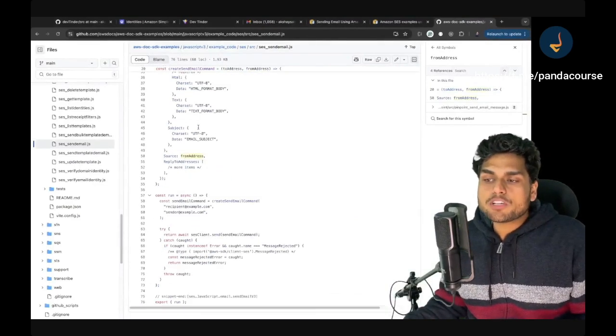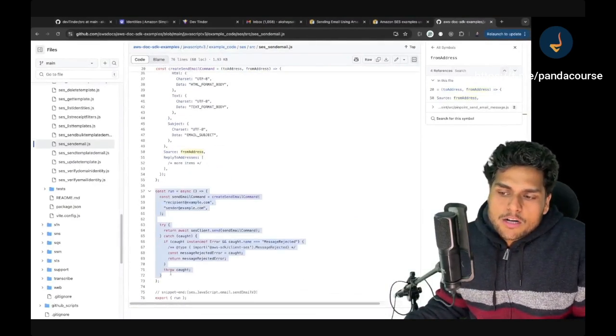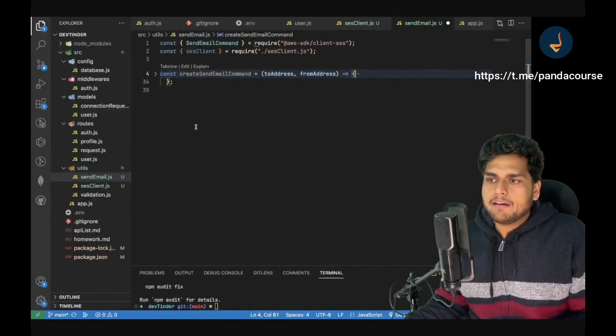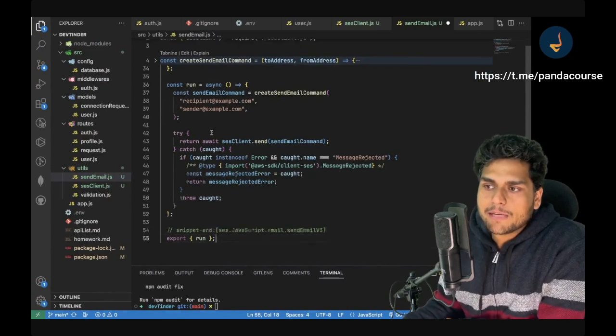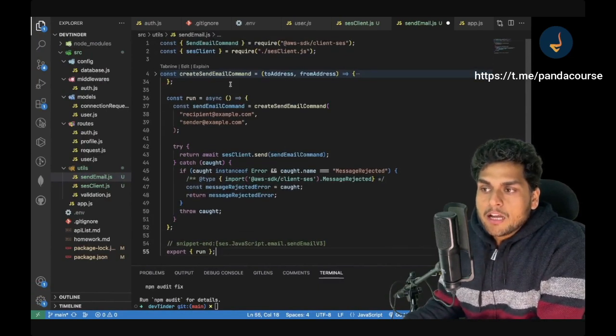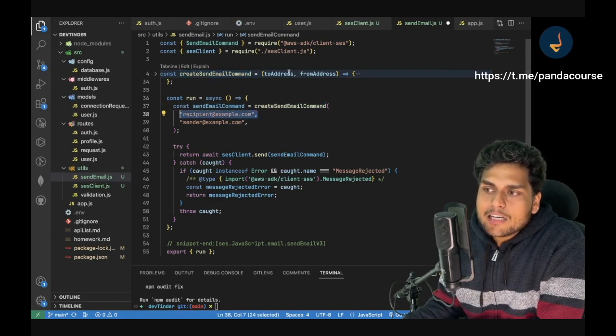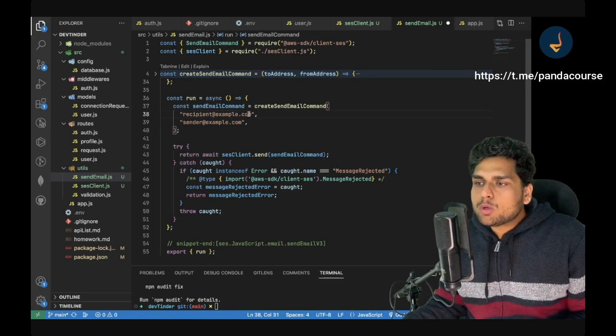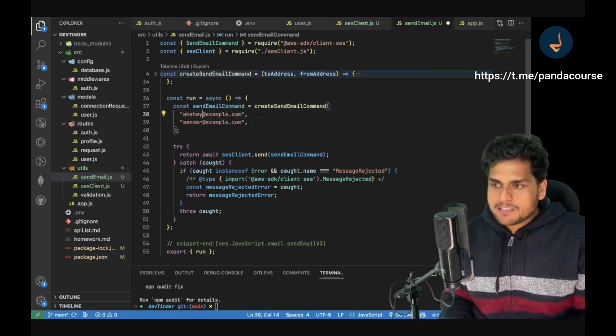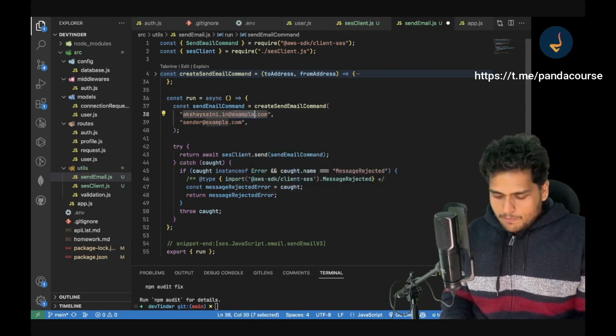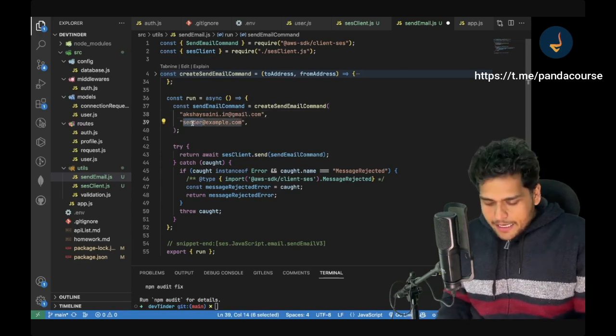Now comes the main portion, right? This is the actual code to run the email. Listen to it very carefully. This is calling the same function that we created up on the top. Now run function, basically send email command, create send email. Now you have to pass in to address over here, and pass in from address over here. So suppose I want to pass in to address. Suppose this is my personal email ID. Okay, I want to send it to my personal email ID, gmail.com email ID, and the sender is